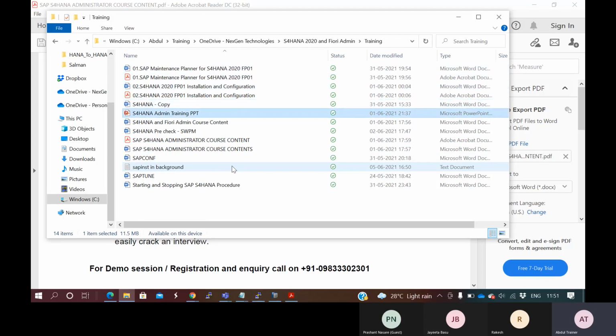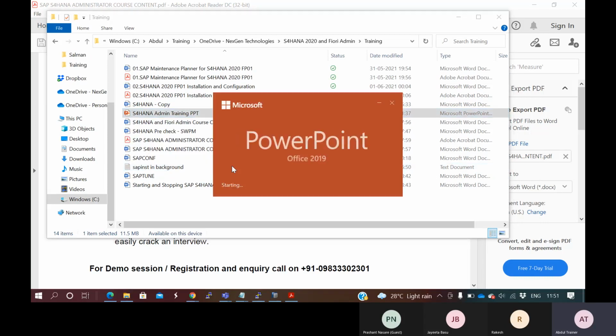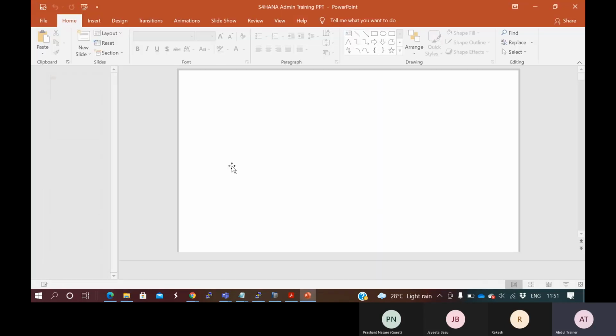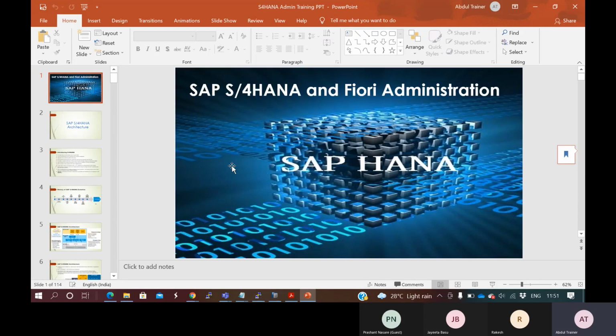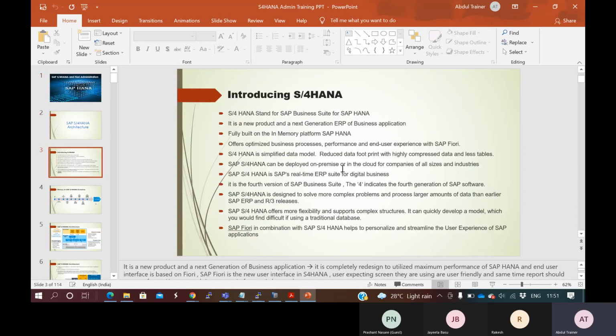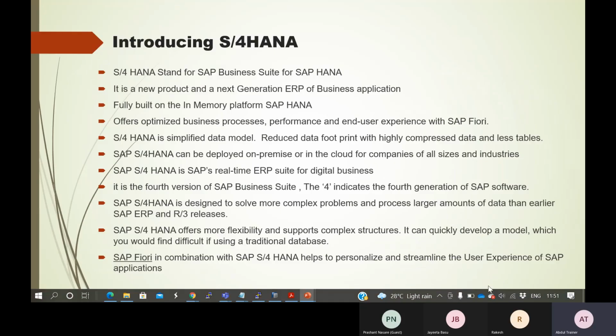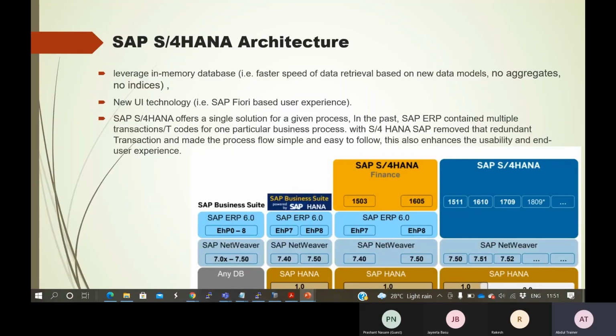Just a minute. If you see that PPT, many things are there, like what is the difference, what is new in S4 HANA for the basis. Okay, so those things are there. I'll show you that. So these all are the, you know,